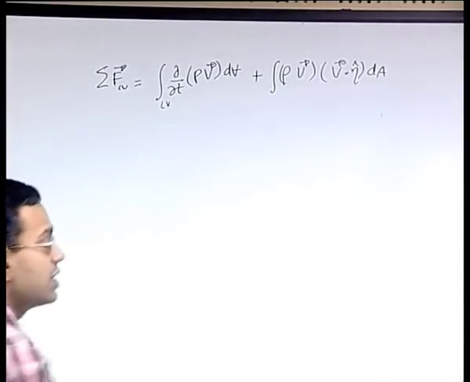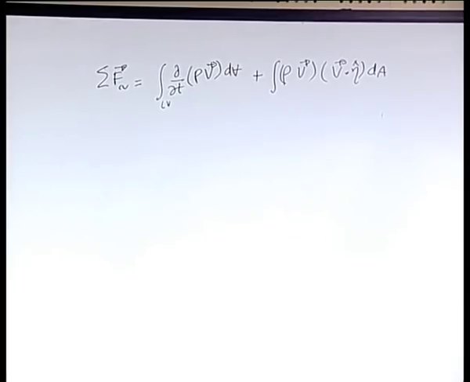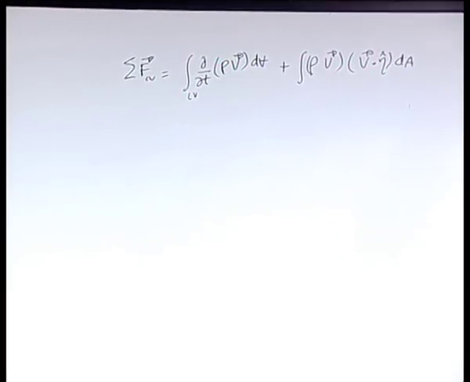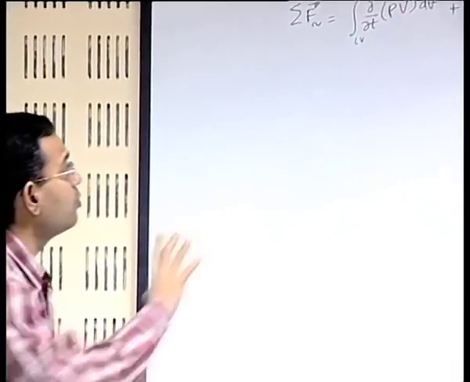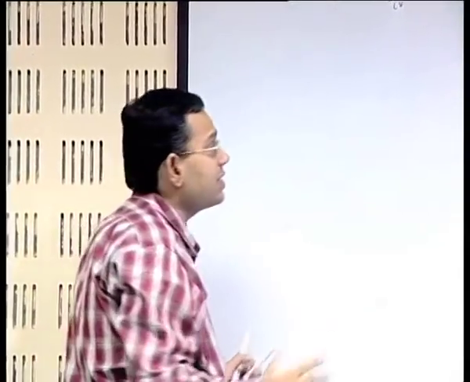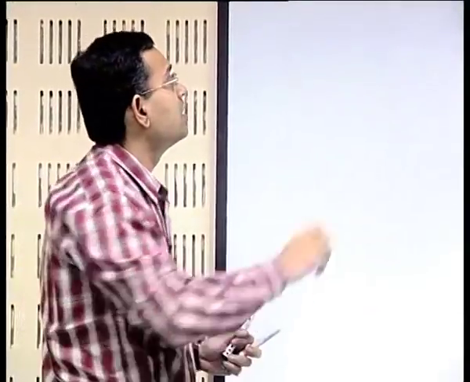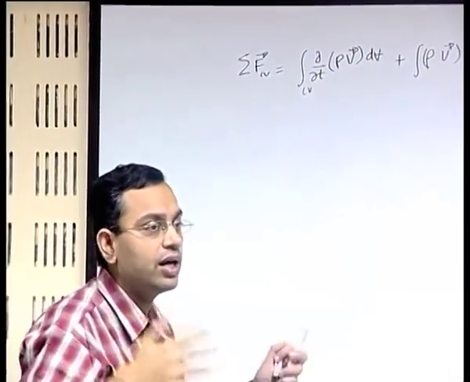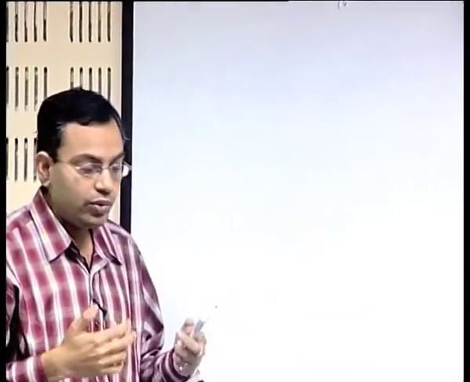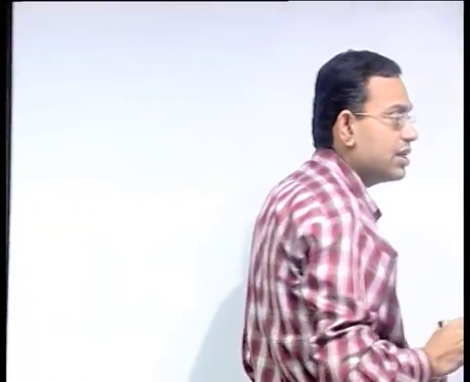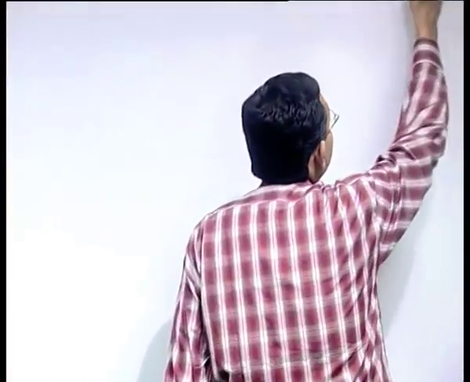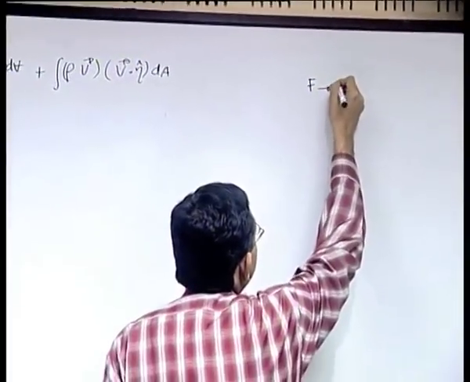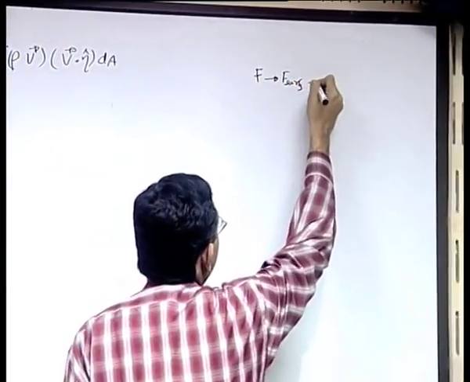Now we have to simplify it further for our special cases. To do that, we will move step by step and first see what the forces are which are acting on the system, because here we have just generically represented the force on the control volume, but what are these forces? So in continuum mechanics we have two types of forces. These forces are the surface forces and the body forces. So the force is surface force plus body force.